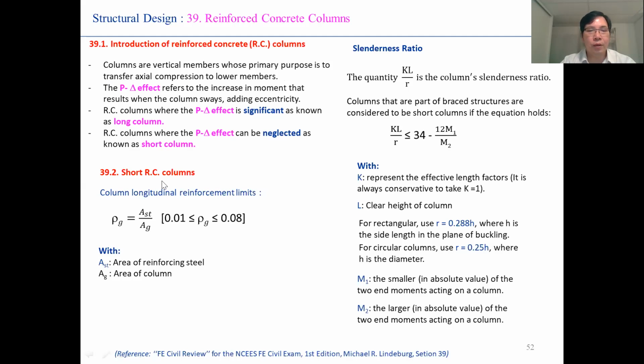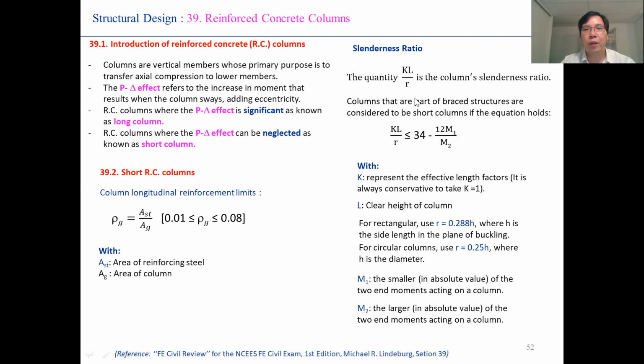reinforced column. You can apply the column longitudinal reinforcement limit ρg by this equation: ρg equal to Ast per Ag, with Ast the area of reinforcement steel and Ag the area of the column. So you can see in detail. And after, for the